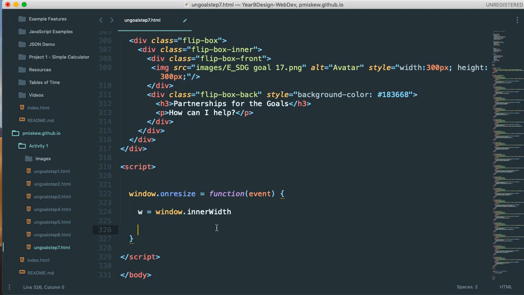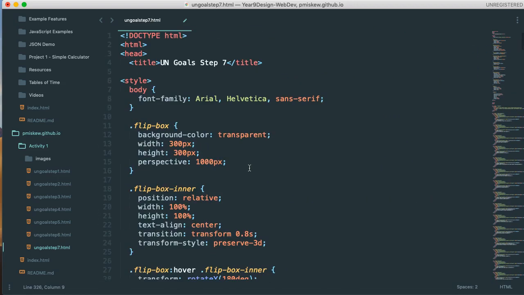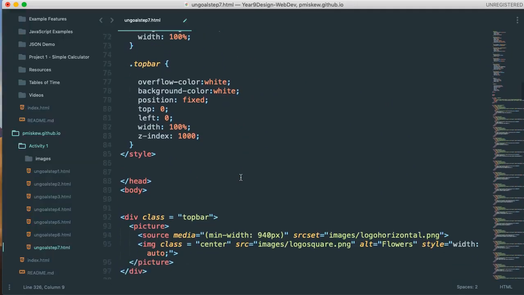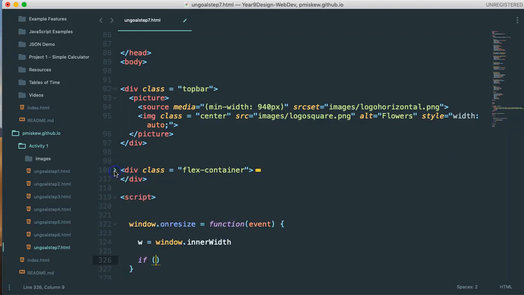Let's set up an if statement. So we're going to say if, and we're going to check that W. Remember, if we scroll up to the top here, let's just minimize all that to make it a little easier to get around. We set the min width to 940. So essentially we said that if you're larger than 940, we want the logo horizontal, and if you're less than 940, we want the square logo. So I'm going to say if W